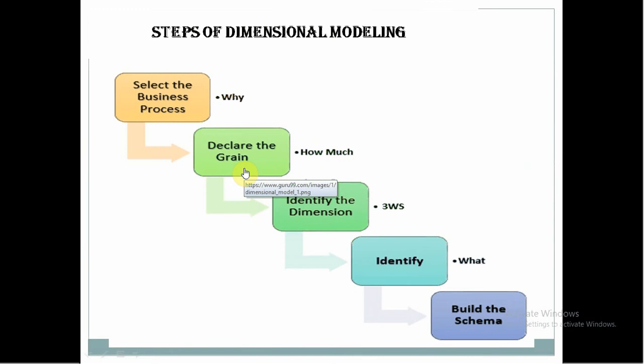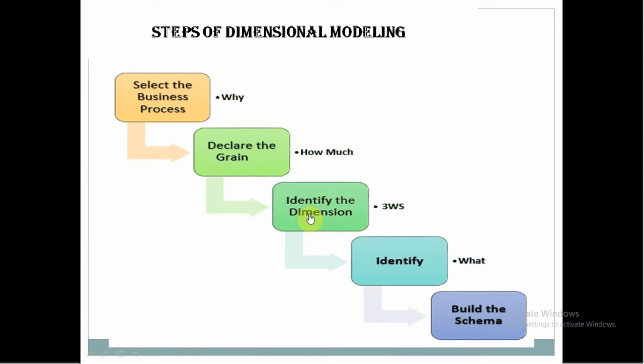Step 2. Identify the grain. Grain describes the level of detail for the business problem. It is the process of identifying the lowest level of information for any table in your data warehouse. If a table contains sales data for every day, then it should be daily granularity. If a table contains total sales data for each month, then it has monthly granularity.